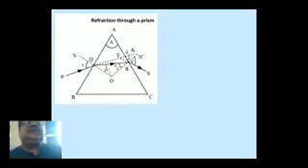Coming over to the next slide, that is refraction through a prism. In this particular portion, we have to find the refractive index of the medium of a prism, but the detailed derivation of the formula is not there in your syllabus. So let us write the formula only, and let us discuss the different terms which are involved in this formula.